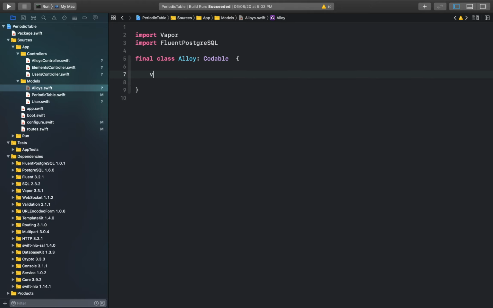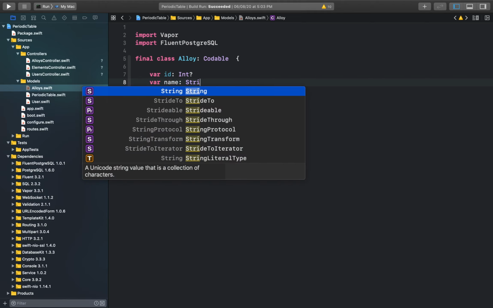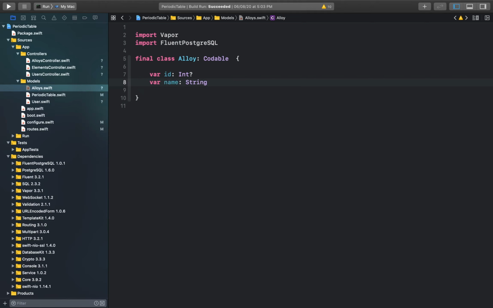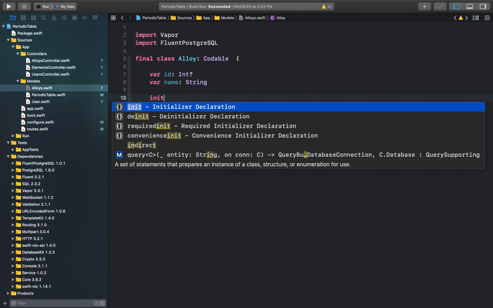Inside the class I'll define an optional ID, which is an integer, and a name of the alloy, which is a string value. Now this ID property is optional because it will only have the value when we set it. Along with that I'll also create an initializer function,